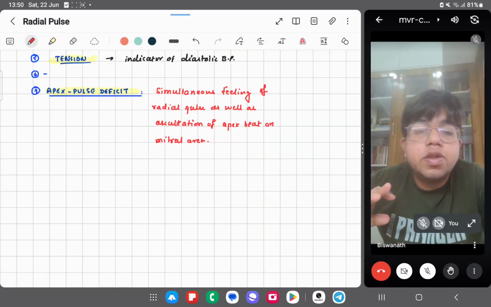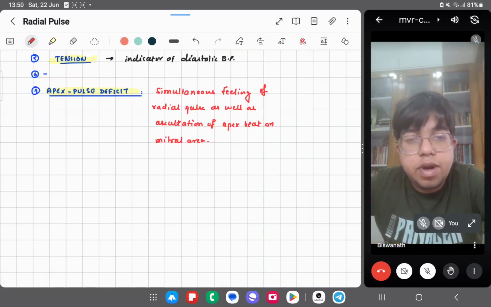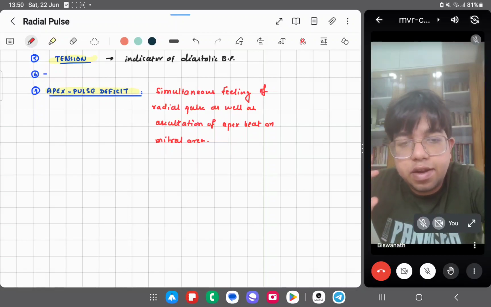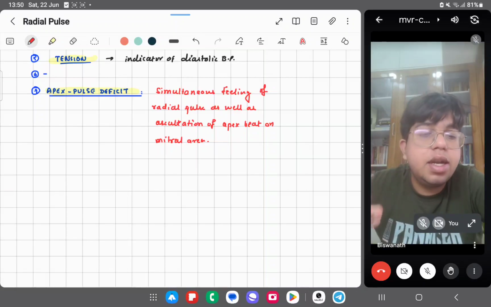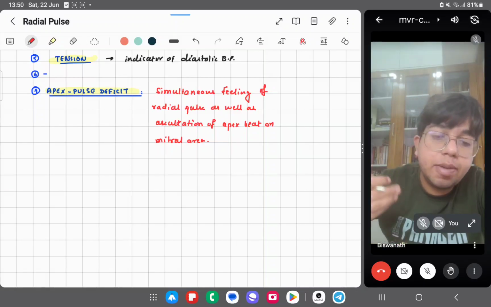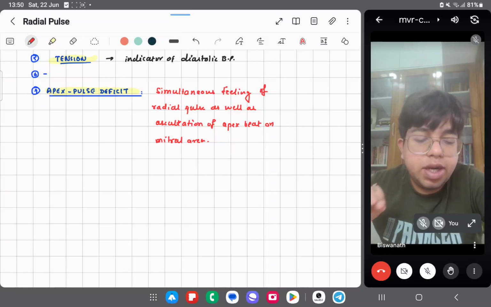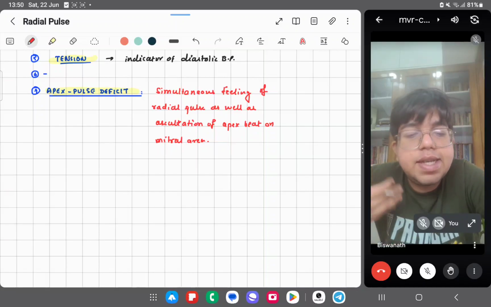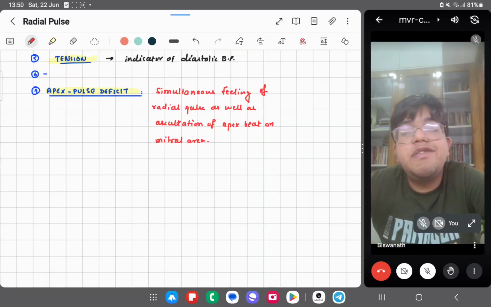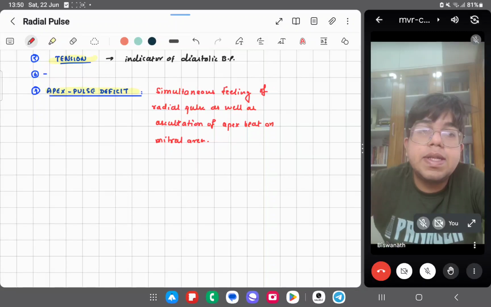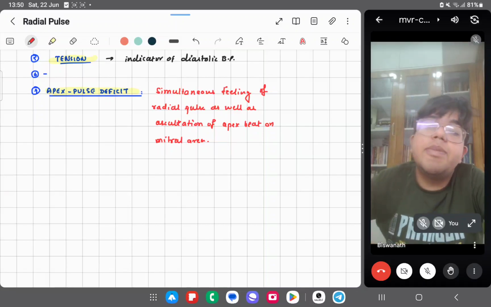Okay. So basically, if you want to give the review, right? Let's say you are in the first year, and you are presenting the radial pulse. Some examiner asks, first you have to take the permission from that person, consent and all. Consent is not much important in case of radial pulse, but it creates a good impression on an examiner, right? So you will say that in sitting position, after 5 to 10 minutes of rest, the patient pulse is